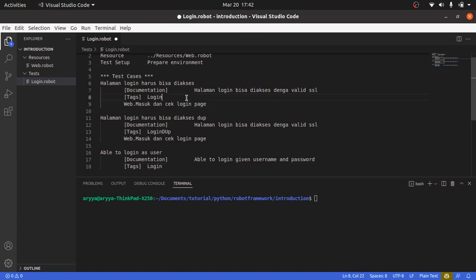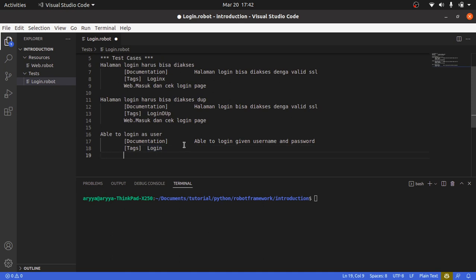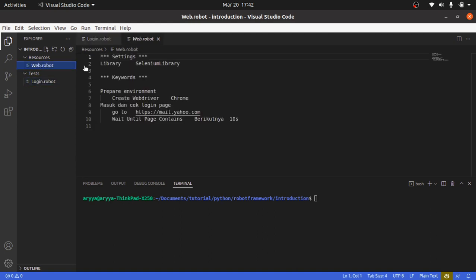I will disable the other tags, and we will create a keyword in the web.robot, let's call it Check Login Credential. This is the example for the test case, so later we can call this test case using the login tag. Now we need to create Check Login Credential in the web.robot.